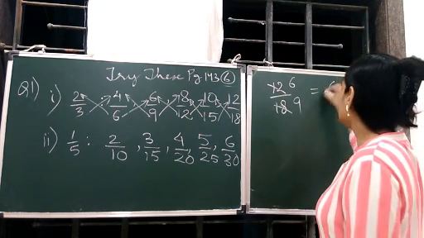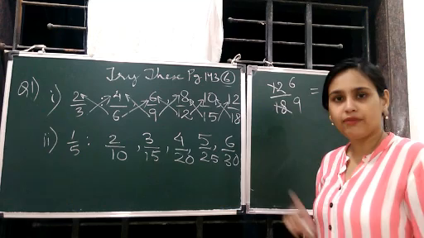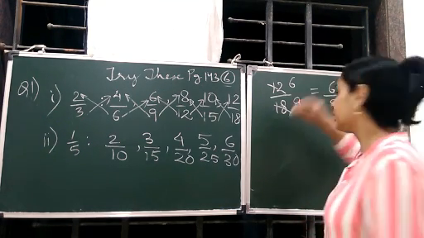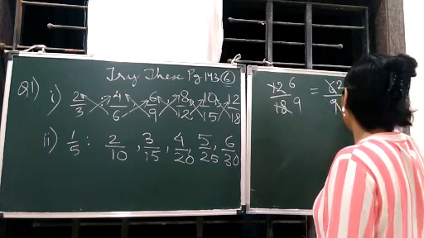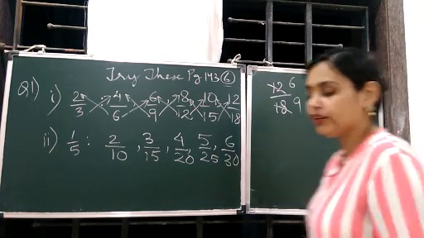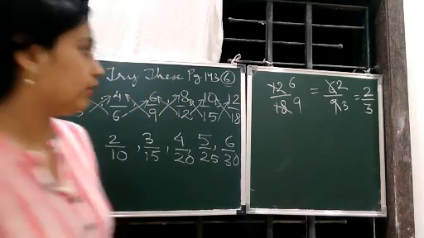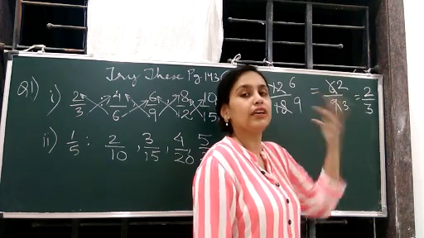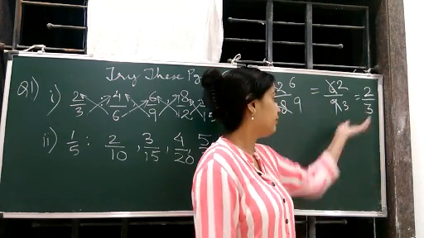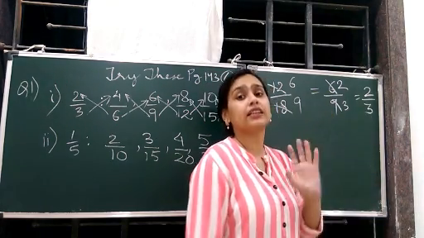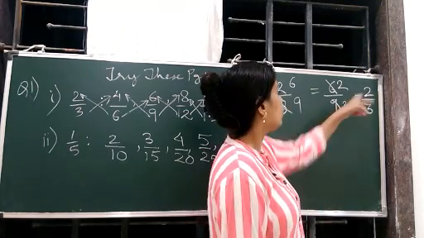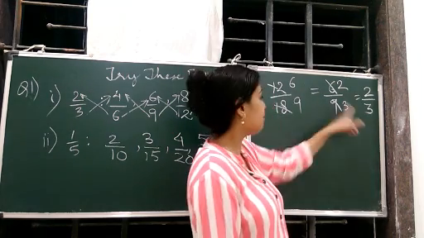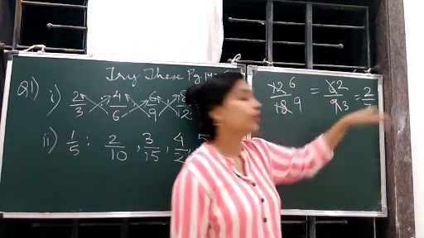Okay. Now 6 by 9, they can still be divided by 3 because they both are multiples of 3. So 3 2s are 6 and 3 3s are 9. Now 2 by 3. Can you divide further? No, you cannot. You cannot say that yes we can divide by 1, because dividing by 1 will give the same fraction. So it is useless, or you can say wastage of time if you divide any fraction by 1 until and unless it is asked. Okay. So 2 by 3 is in the simplest form. That means the simplest form of 12 by 18 is 2 by 3.